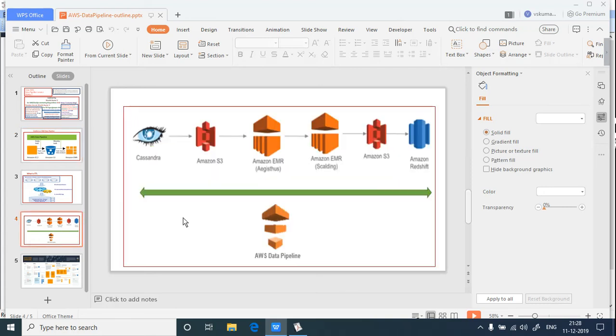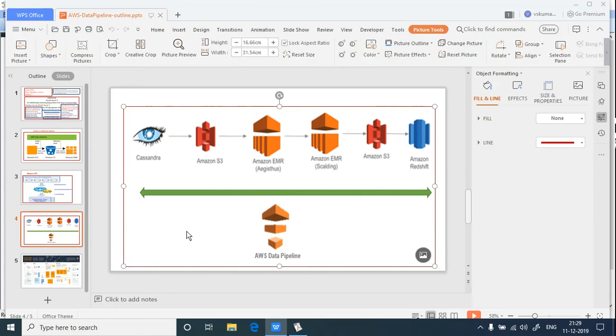If you see in the high level picture, they are taking a Cassandra database in this picture, and they are processing it through Data Pipeline, and the data files are stored in Amazon S3. Then from there EMR is going to pull it. EMR has different processes. Through that process again it is going to create another staging file for Amazon Redshift. So this way Data Pipeline has different stages of activities. All these activities are pipelined using the Data Pipeline service.